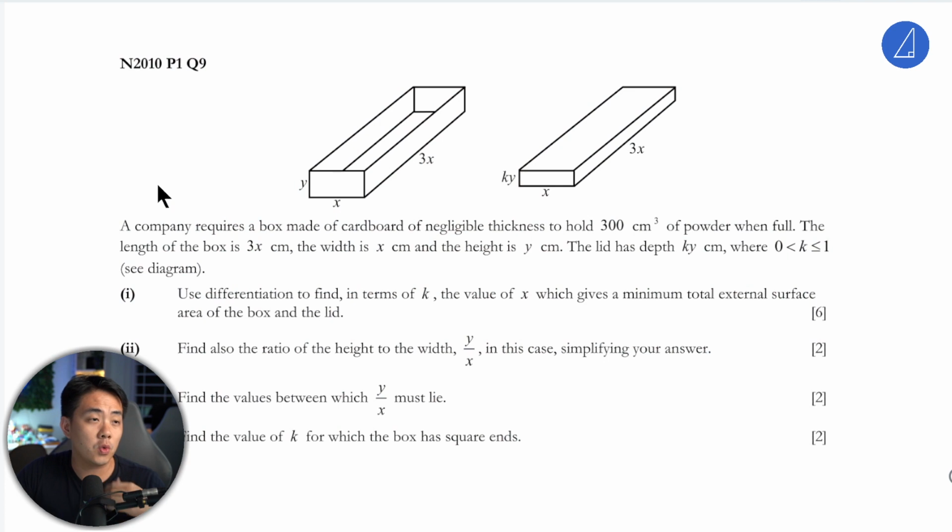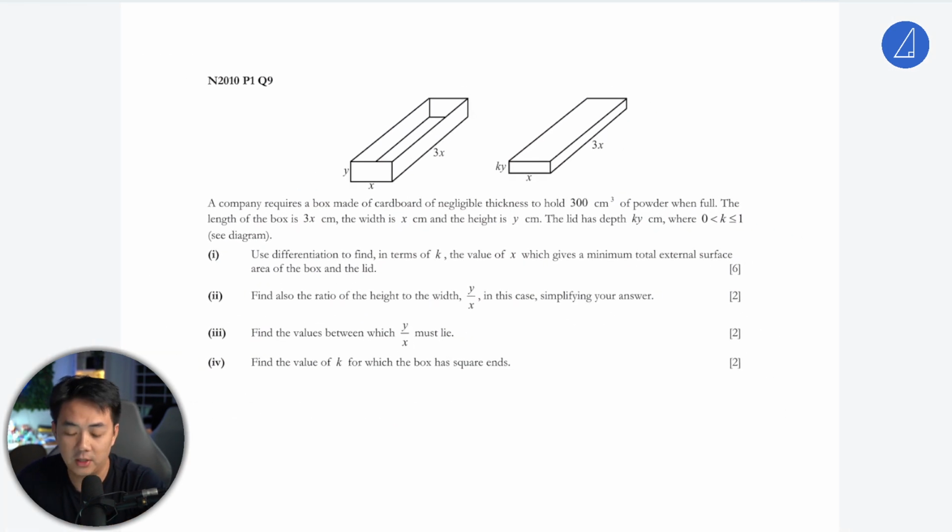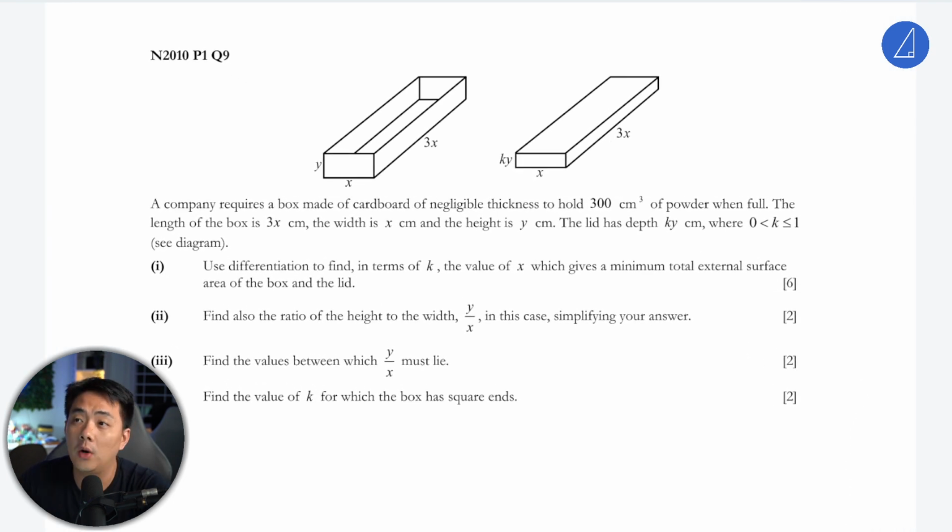Hi, students, let's look at this question here, which was taken from the year 2010, paper 1, question 9. So this question is on application of differentiation. So a company requires a box made of cardboard of negligible thickness to hold 300 cubic centimeters of powder when